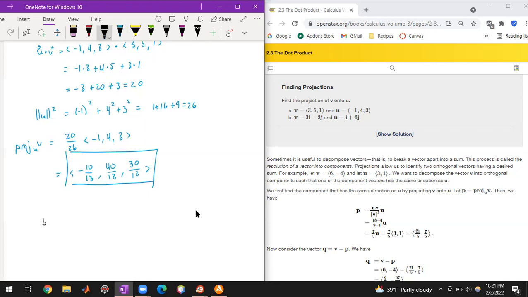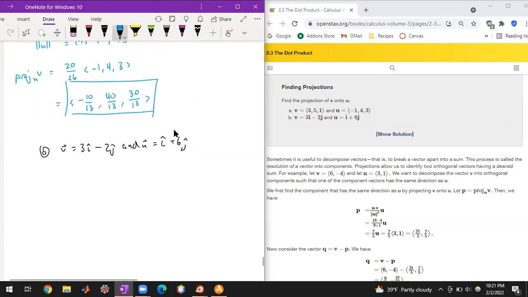So in part B, we're given the standard unit vectors. So our vector V is now in 2 dimensions, 3i minus 2j. And our vector U, also in 2 dimensions, is i plus 6j. So our process is going to be exactly the same, right? We're just interested in the dot product of the two divided by the magnitude of U. So the dot product, U dot V,